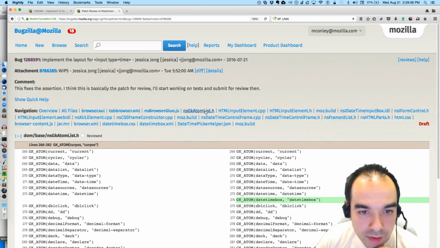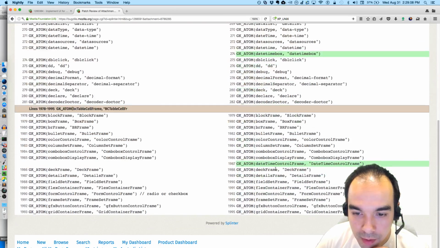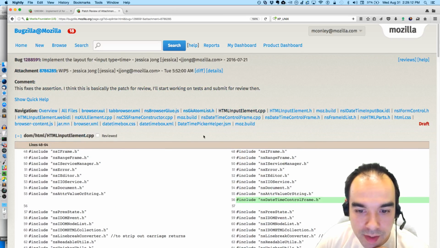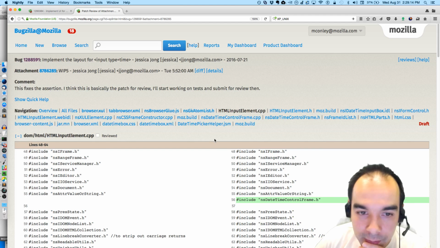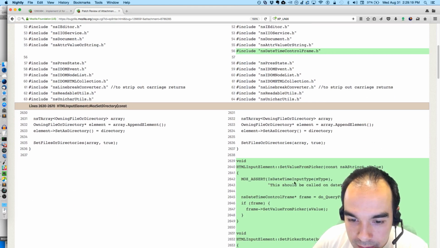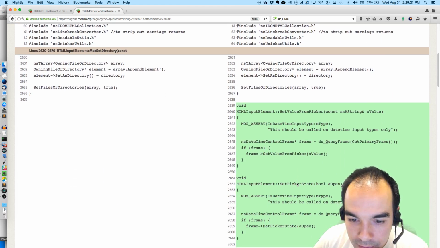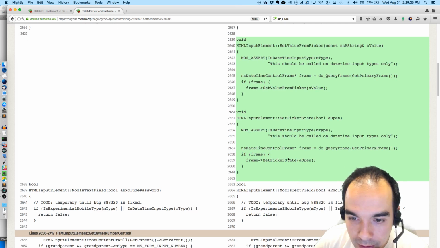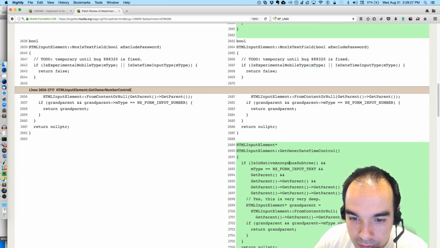That's nice. GK, so there's a date time box, date time control frame, and the Gecko atom list, and then date time control frame. Get primary frames, set value for picker, set picker state. Frame set picker state open.